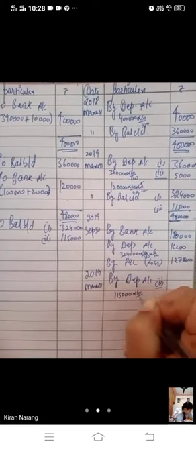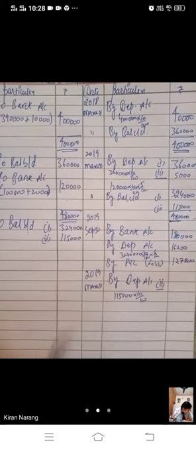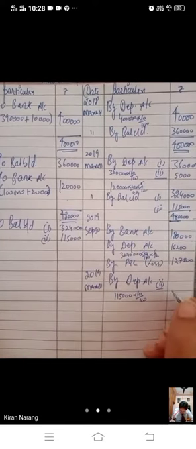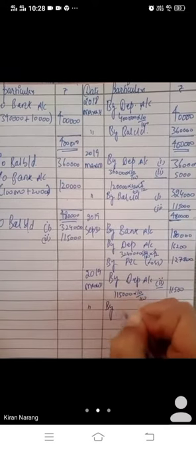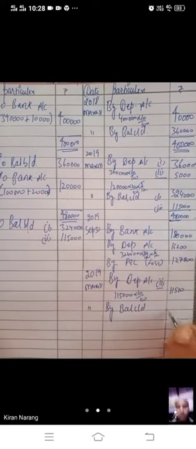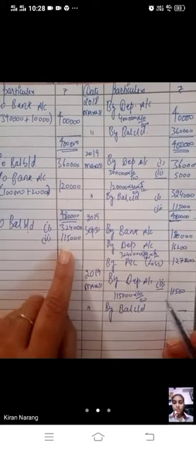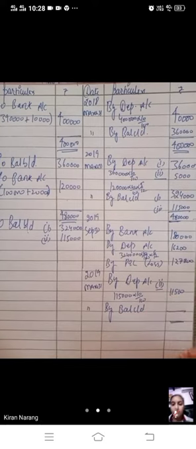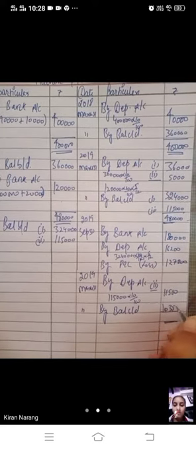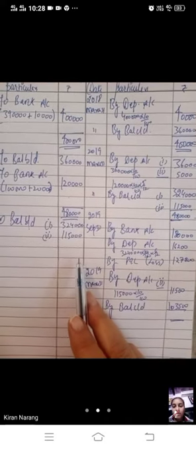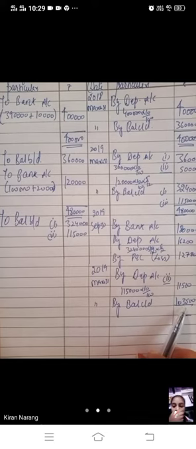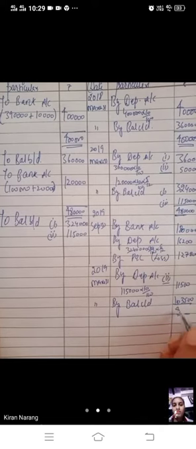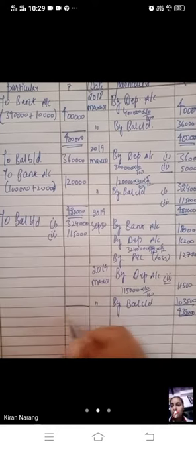1,15,000 into 10%. We have used this machine now for the whole year and the depreciation will be 11,500, 10% of this. And on the same date we will calculate the balance carried down. And it will be 1,15,000 minus 11,500. It will be 1,03,500. From the balance of the second machine, we will subtract the depreciation of the second machine. This will be the balance CD of the second machine. Total we will do 4,39,000.